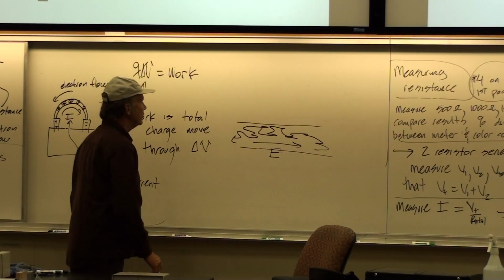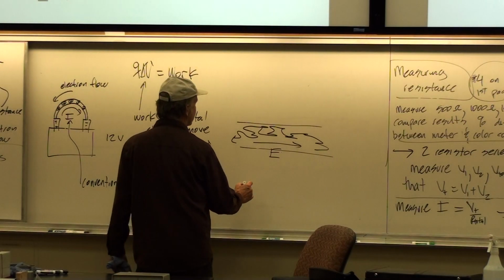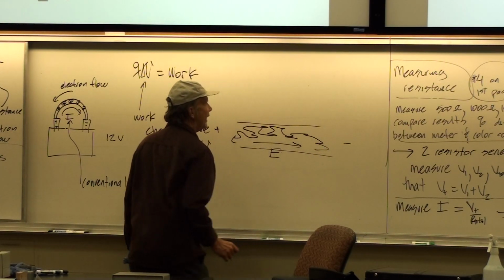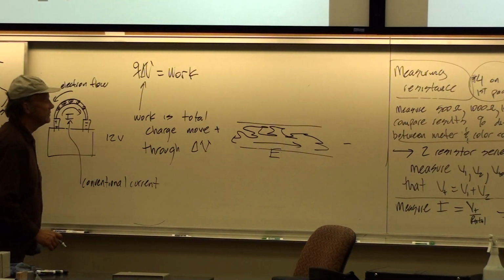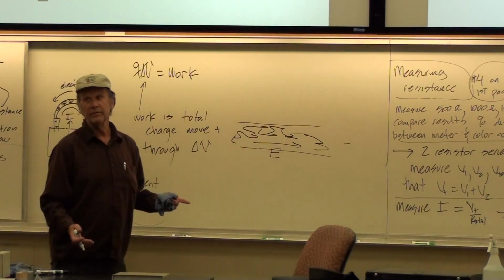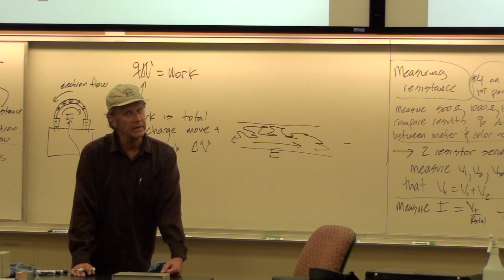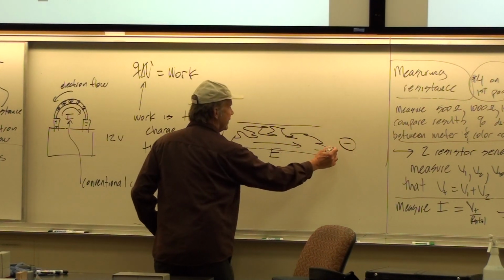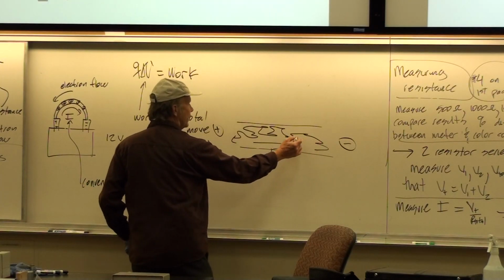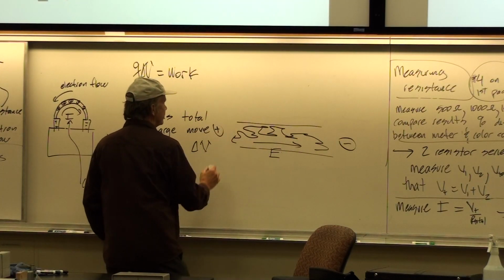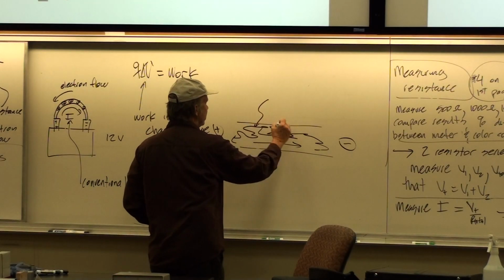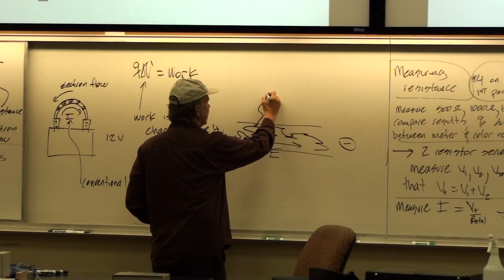So we can, of course, understand that by just saying, well, what caused that electric field? Well, it's got to be positive on this side and negative on that side, because electric field lines lead positive and terminate on negative. So if I just put my little positive and negative in here, I can see that negative will repel negative and negative will attract positive. And so clearly then the electron flow is in the opposite direction from the applied electric field,